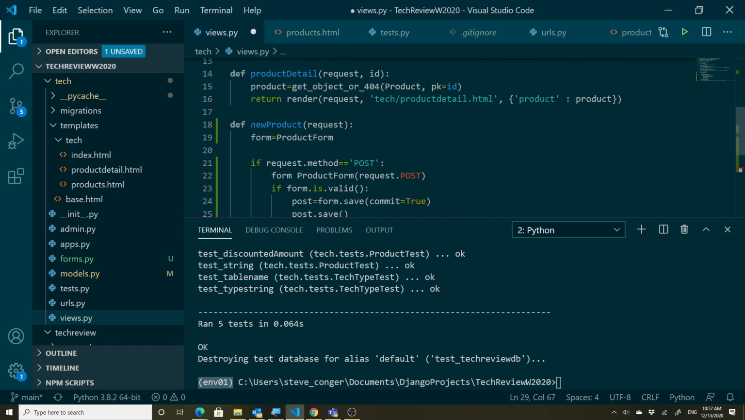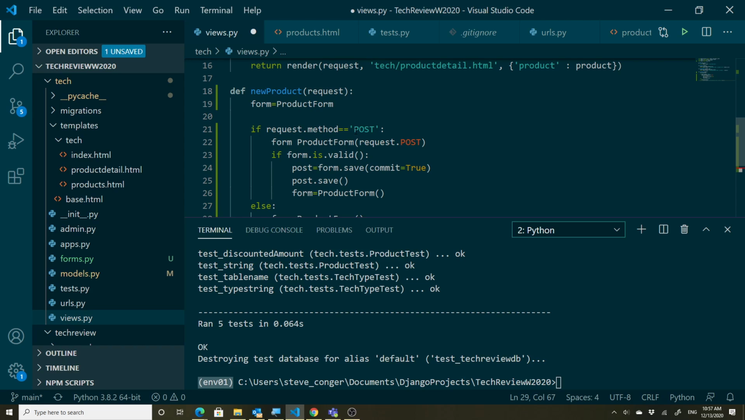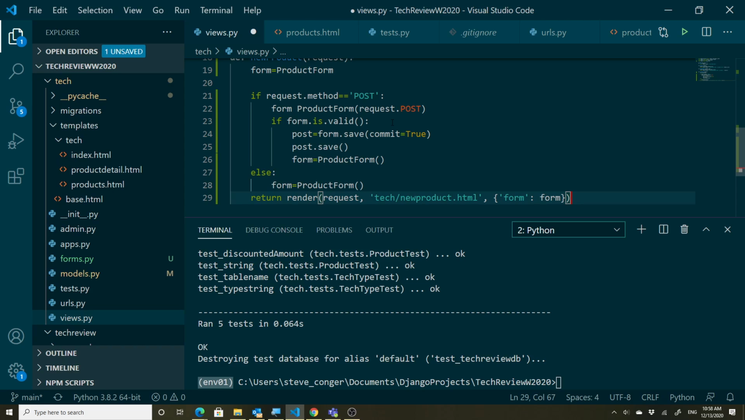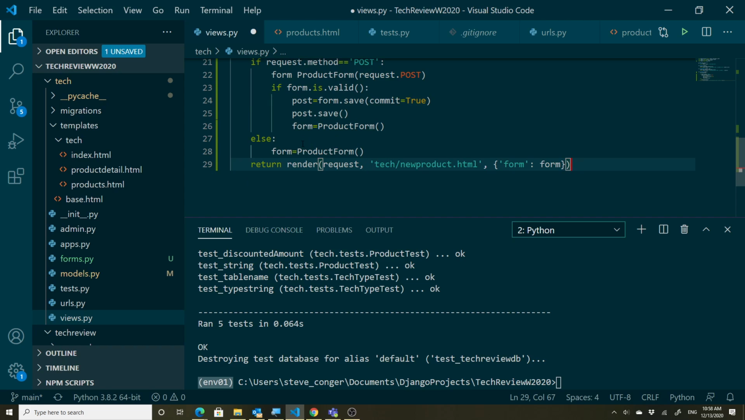Just to review it again, we created a method, takes in a request, we specify our form, we look to see if it's a post or not. If it's a post, we handle the request post thing. We check to see if the form is valid. If it is valid, we post it, we save it, and then we go back to an empty form. Otherwise, we just go to the empty form. Okay, and then this is the return where we request the tech new product HTML form and form. So we haven't created that yet, but we will. So I'm going to do save,